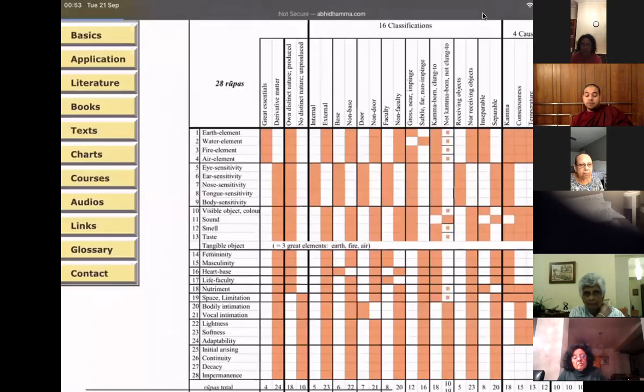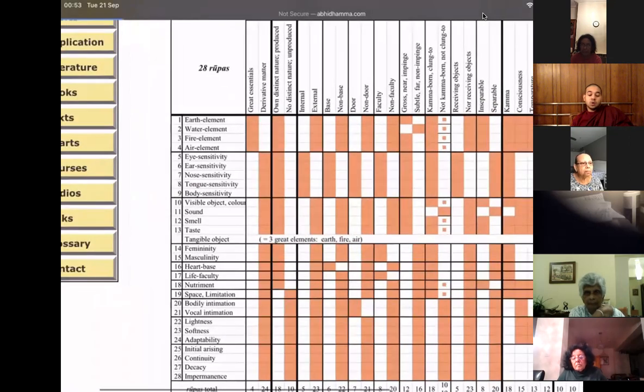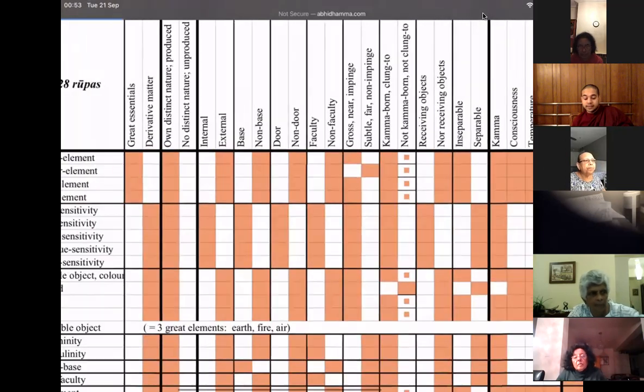Now, for next week, let us go over the definitions again. Specifically, I want to go through the come upon and clung to again, and the not come upon and not clung to again. Please go through the definitions. It's in the earlier pages. We will go over that column again. For now, we have 10 minutes left. Let us go over the rest.